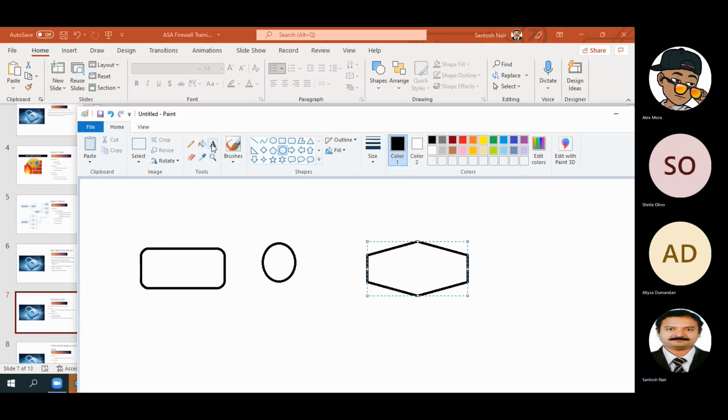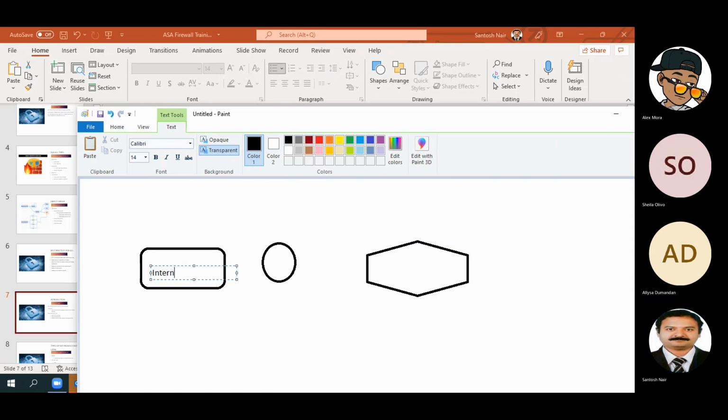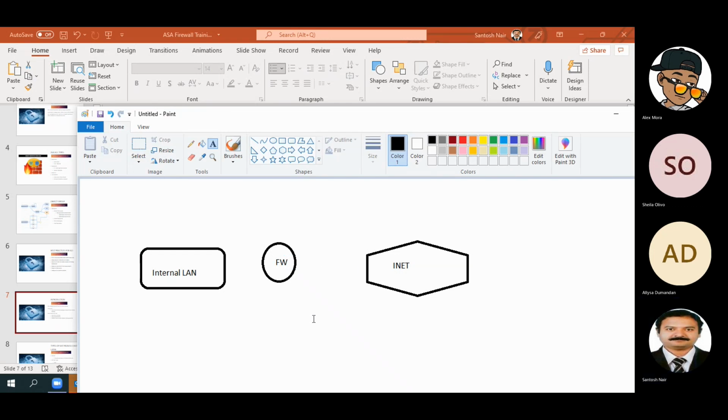So this is internal users, this is the internet, and this is our firewall. What is happening here is when the user is trying to connect, and one user is there.